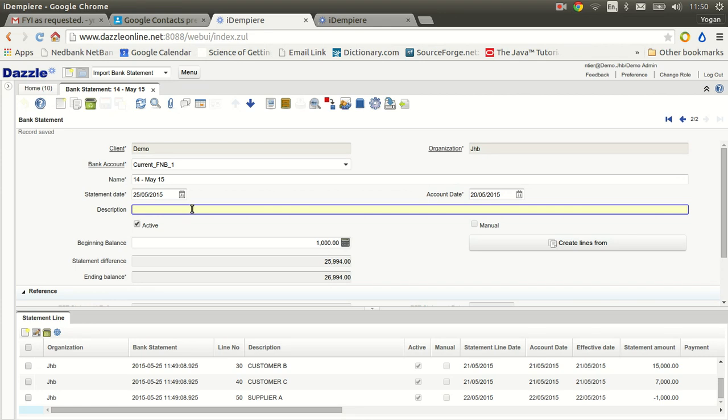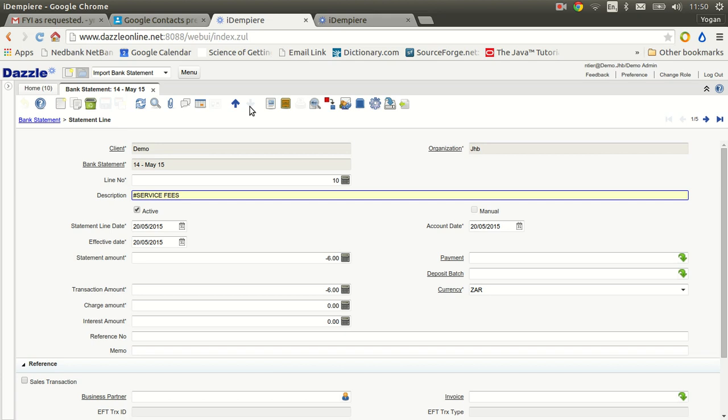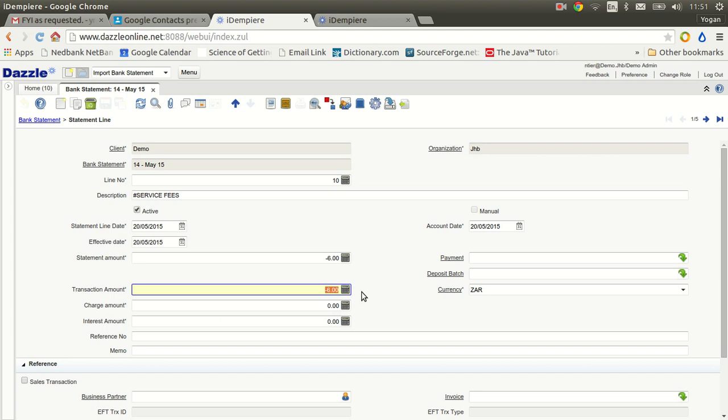So at this stage, let's go ahead into the lines and process the various lines. Okay, so the very first line is showing that it's some type of bank charge, and so let's just create a charge for it. So I'm just going to cut that, put a 0 amount in there, put a charge amount of -6, and